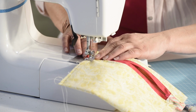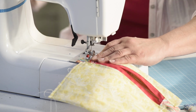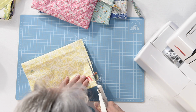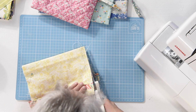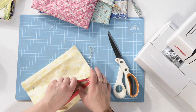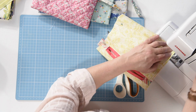What you would do is once you've sewn that seam, take your scissors, trim up the seam allowance, pop your rubbish in the bin, and then switch to a zigzag